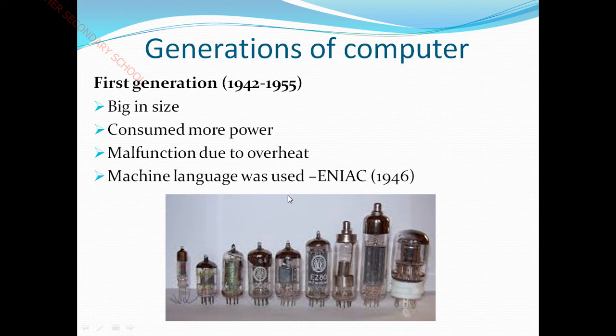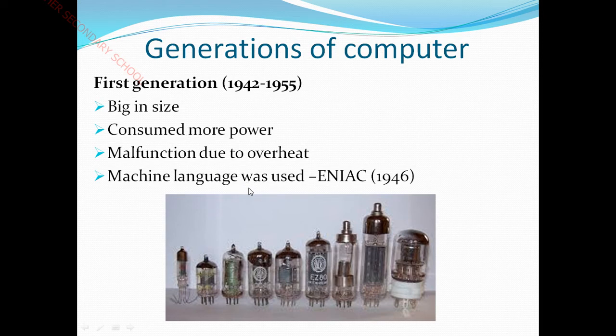Machine languages were used at that time. Machine language, as you know well, is a combination of zeros and ones. Why? Because a computer understands only the language of zeros and ones. You may have a doubt here: why has the computer been built to understand only machine language? Because it is easier for the hardware to understand at the very basic level of zeros and ones. That's why a computer is made to understand only machine language.